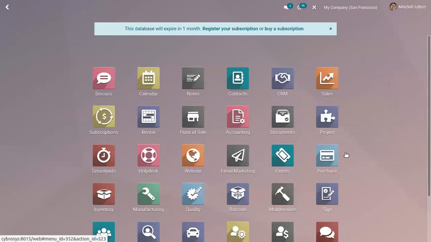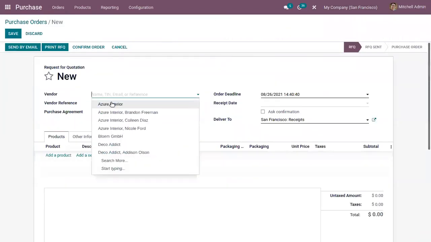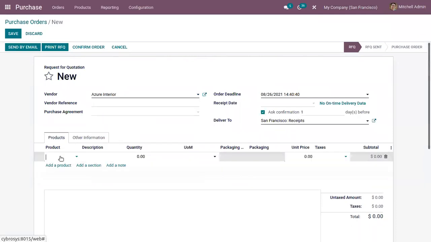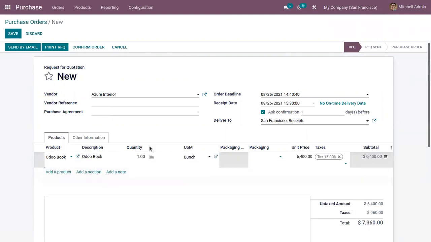Now let's open the Purchase module and purchase the product Order Book. So here you can change the quantity and set the unit of measure.